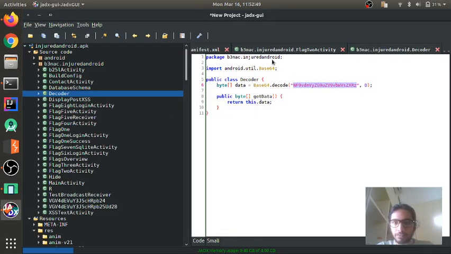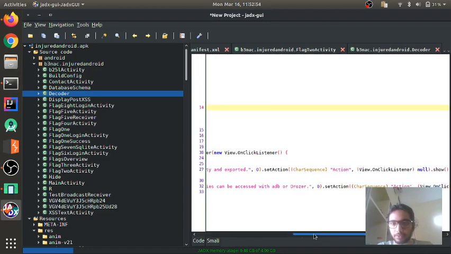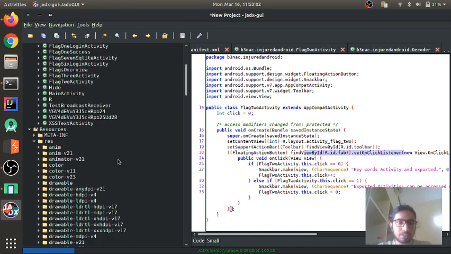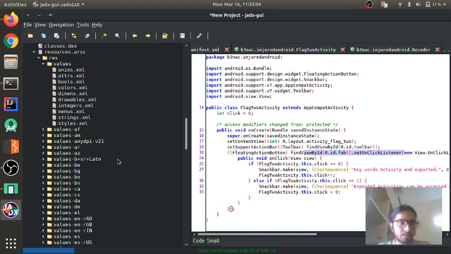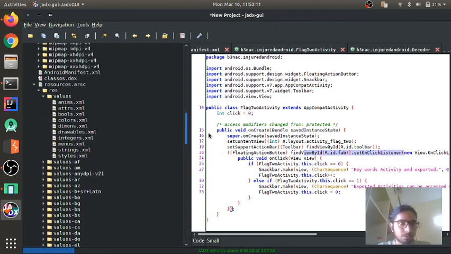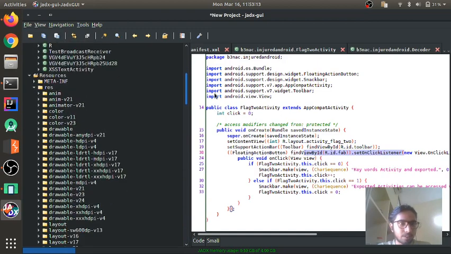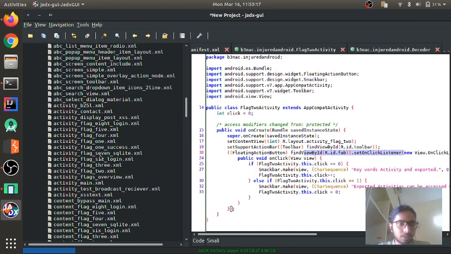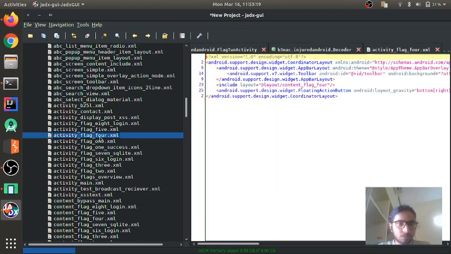So you do not have to have a listener in this activity only. Over here we have an on-click listener, but you can actually get away with an attribute in the XML file as well, which would be in the layout. So if you look at activity flag 4.xml,